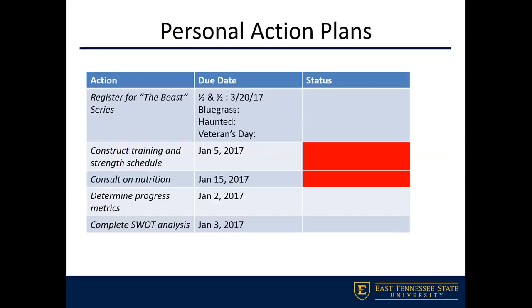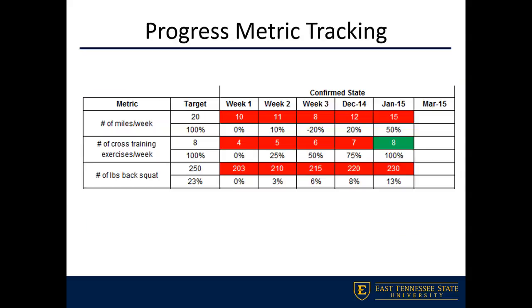So going back, we've determined one of my actions was to determine progress metrics. We've talked a lot about measurable progress throughout the course of the semester so far, and how we're going to track that. We use data and different types of metrics to track that, and use visibility to bring accountability on how we're doing with our metrics. So how I'm going to track visible progress, or make progress visible to myself and to anyone else that's holding me accountable,